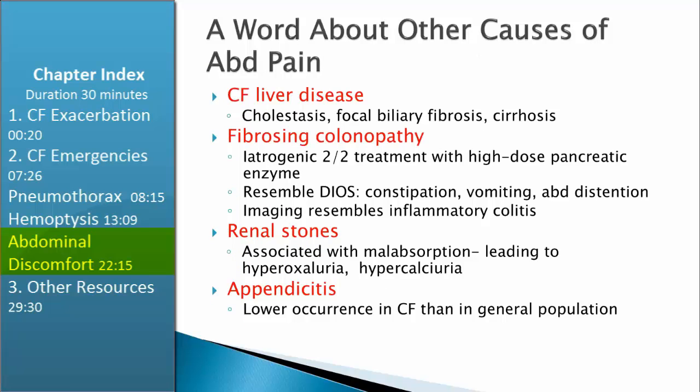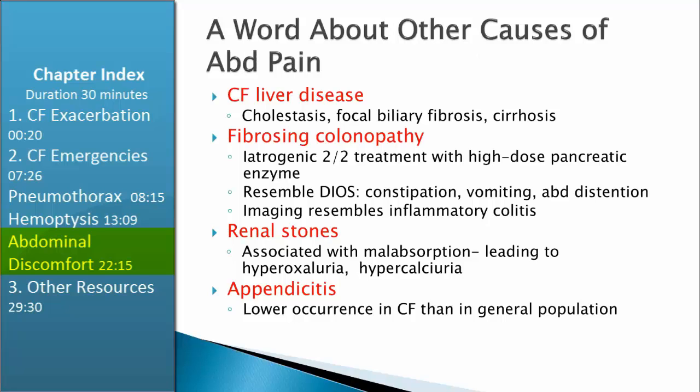So I just wanted to mention a few of the other causes of abdominal pain that I mentioned on the differential. The first is CF liver disease. Patients can get cholestasis, focal biliary fibrosis, and cirrhosis. Fibrosing colonopathy is something that's iatrogenically caused from high-dose pancreatic enzymes, and this is why we really calculate carefully and